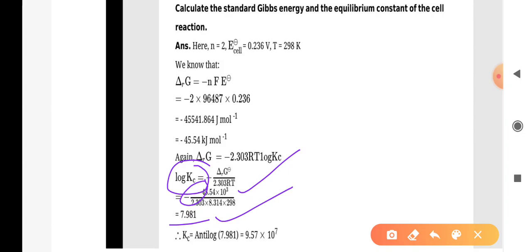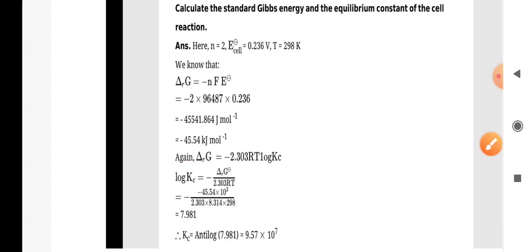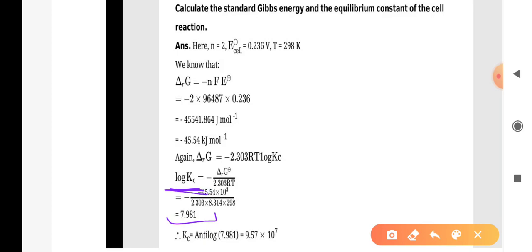In the previous question we have seen that it was asked to calculate log Kc, but in this question we have to calculate K, the equilibrium constant. But now by this we have found out log Kc, not Kc. So whatever value you are getting that is in log form, log Kc is equals to this. To calculate Kc we have to take the anti-log of this. So if we take the anti-log of this we can get Kc. How to calculate log and anti-log, that I will teach you later on.